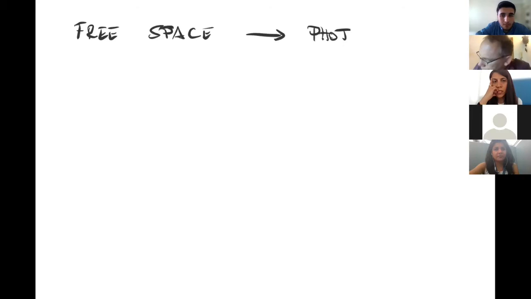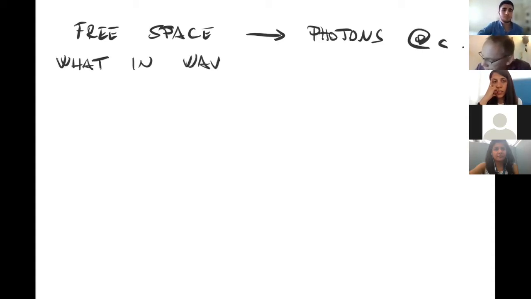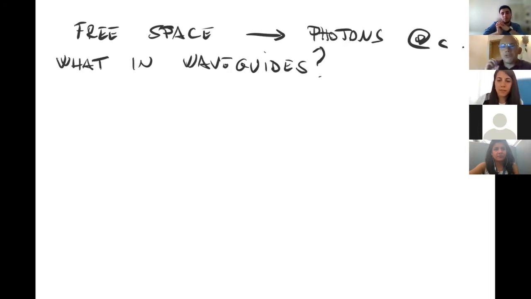Let's start from the mass. Normally, of course, we know that in free space, photons travel at speed c. But what about in waveguides? People who have some expertise in, say, photonics know from experience that waveguides are able to confine the propagation of light in a given direction, in a given region of space, and actually strongly modify the so-called dispersion relation